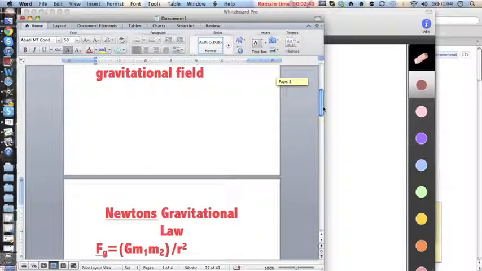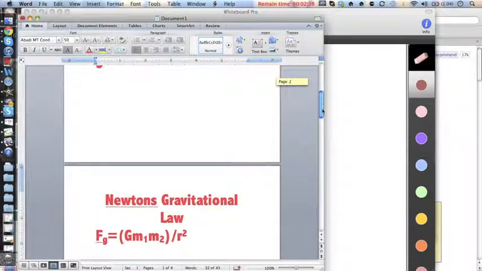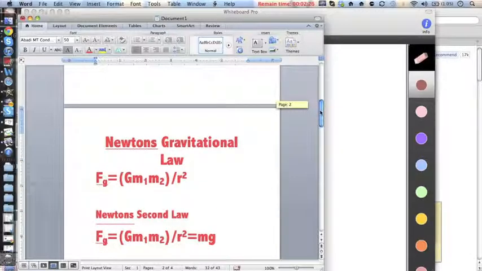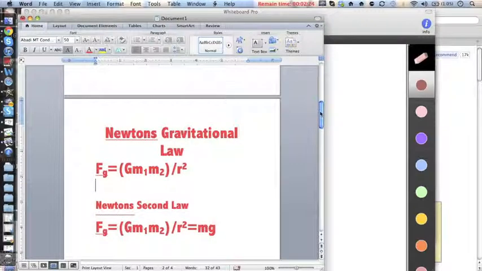So now the fun part, the equations. We're going to manipulate equations today. First, we're going to take Newton's gravitational law. The force of gravity equals big G times the mass of one object times the mass of the other object, over r squared, which is radius squared. Second, we're going to take Newton's second law, and I'm just adding that we also know that